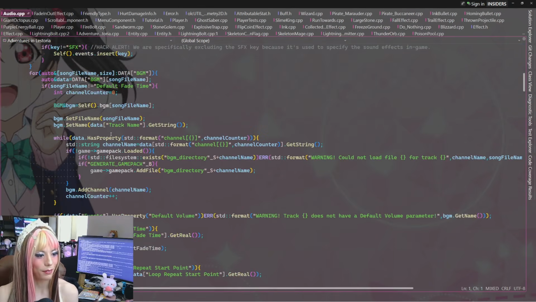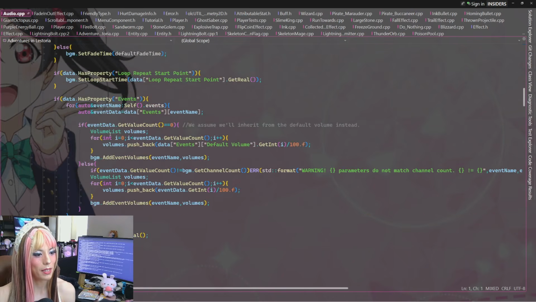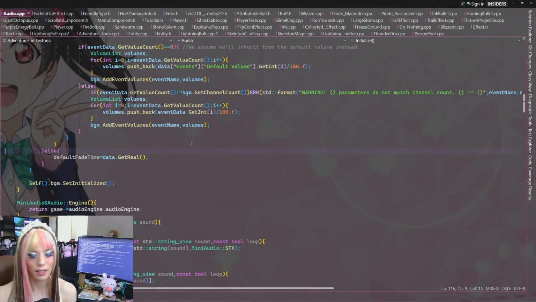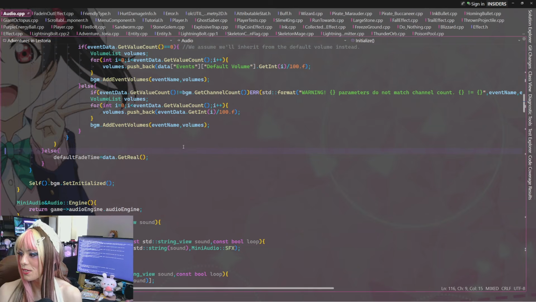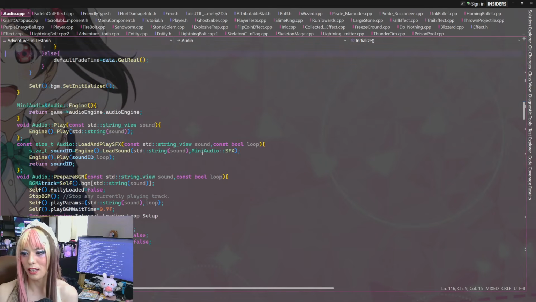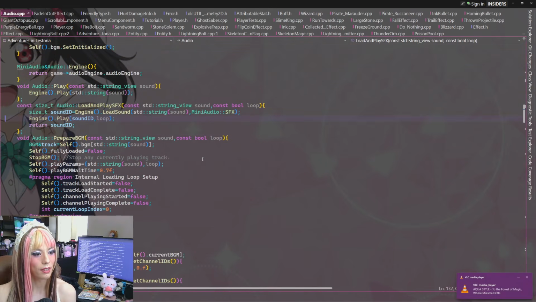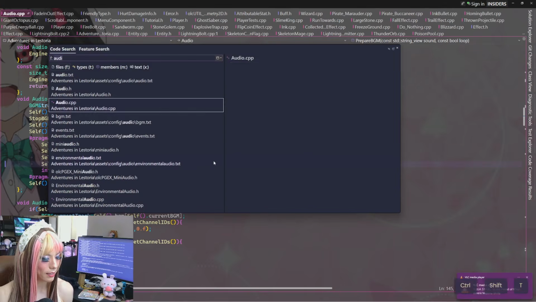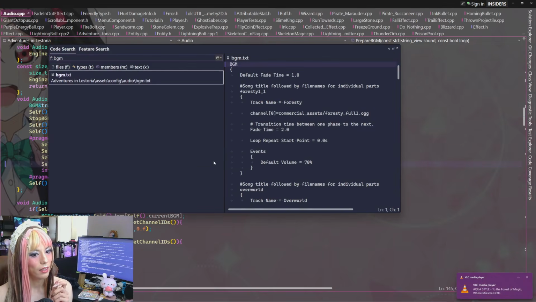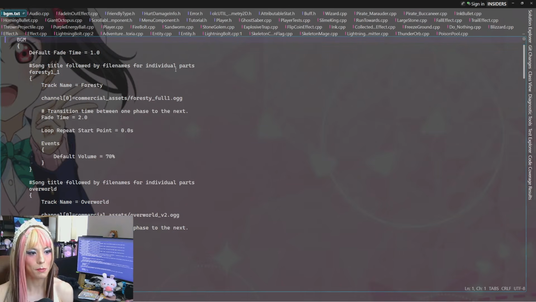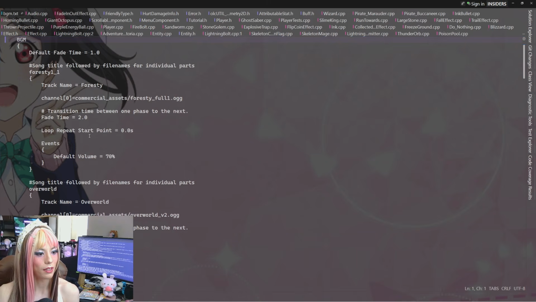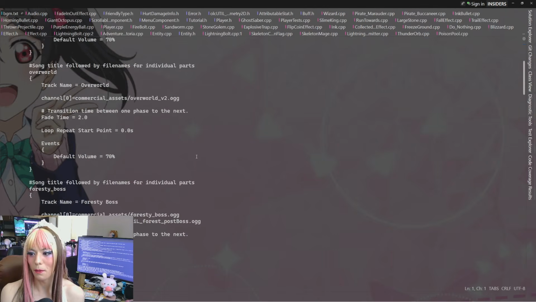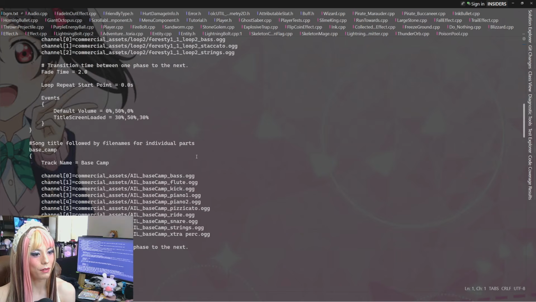I think what you're asking me is, can I just go to a certain point in a song? And I think we have that, at least I made it possible specifically for the intro song. Yeah. So I have a parameter called loop repeat start point. And if I were to change it, it would restart from there.